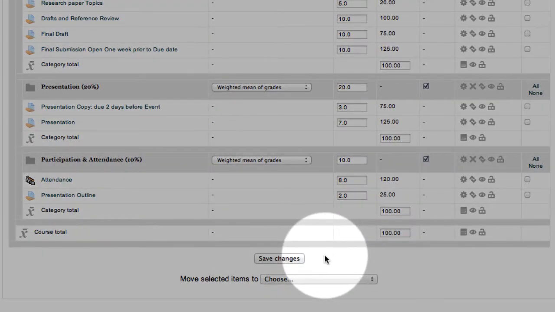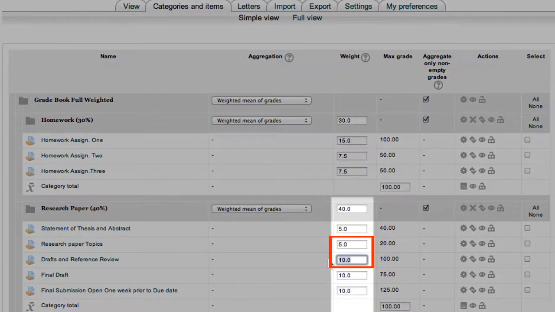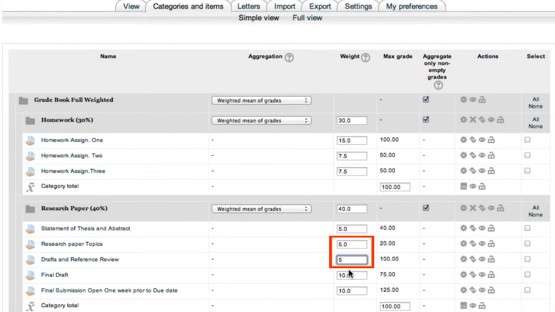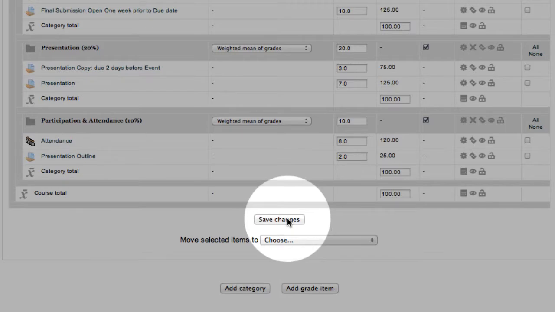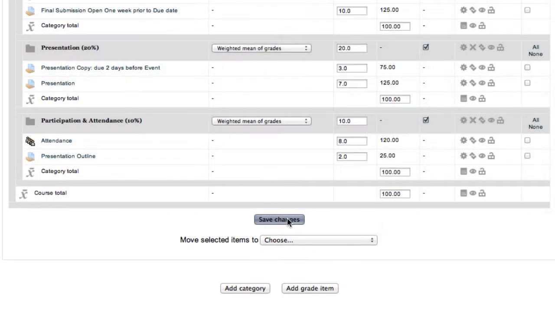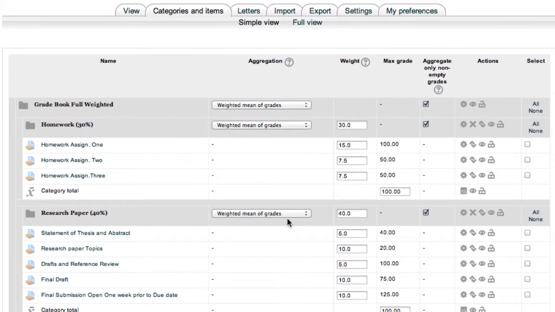This should be applied should you modify or reconfigure an assignment. Let's say we wanted to go to our research paper section, make drafts and reference worth 5, and make research paper topics worth 10. After making those changes, pressing enter, please come to the bottom and select Save Changes to make sure that those changes do take effect.